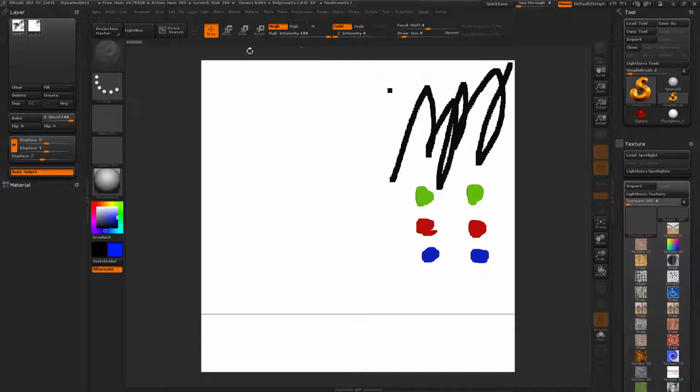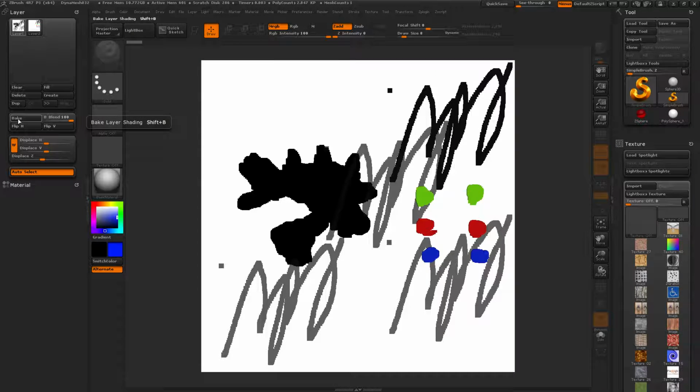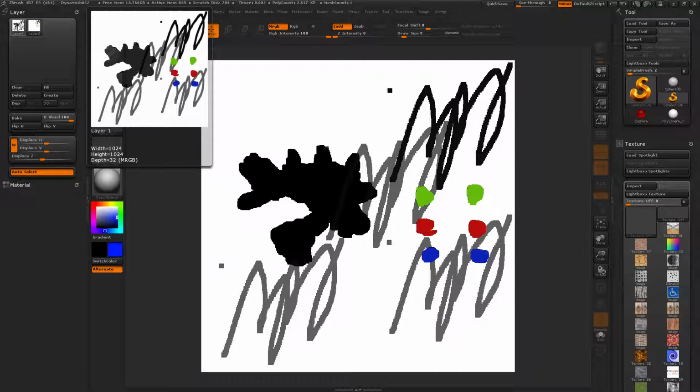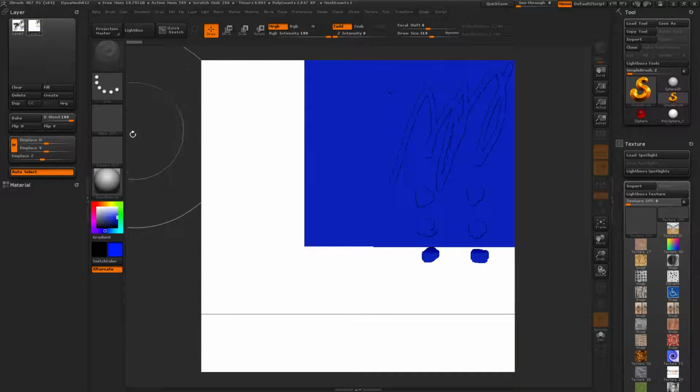mRGB and ZAdd are on, so it should do something. Okay, then we go to layer 1 and bake. Oh, the color information did bake, so that's exciting. So now we can go back to this layer and increase our draw size significantly and have blue,